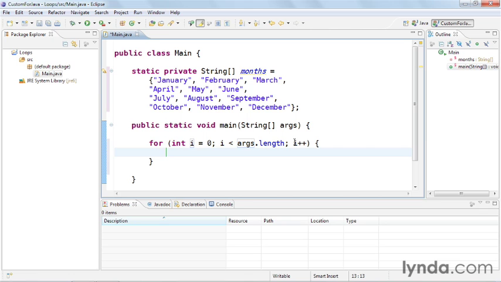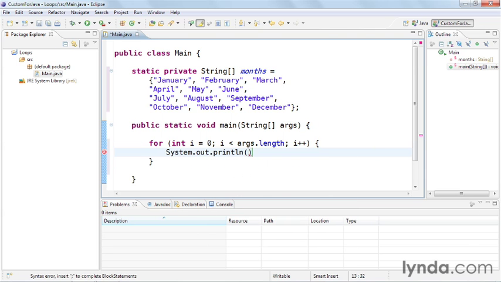The third part of the for construct is the increment. Most commonly, you'll see this, i++, meaning increment the value by 1. But you can put in any operation you want here. You could use i--, you could say i += 5, and then you'd be stepping by 5, and so on. So now, I'll place the cursor inside the for loop, and put in